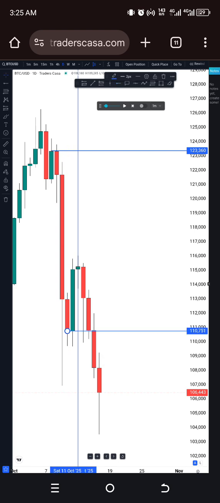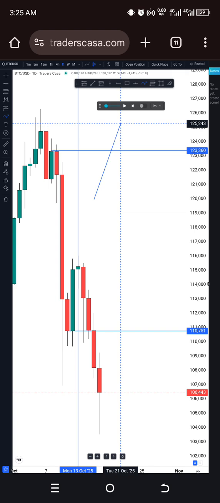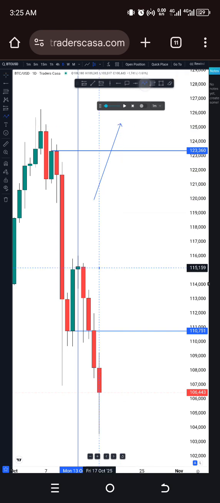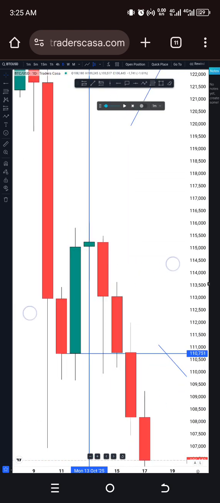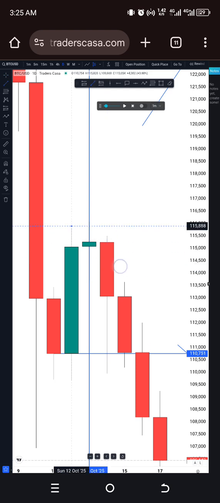Now, if price breaks the highs, it means it is bullish. If price breaks the lows, it means it is bearish. Now, another way of knowing a bearish scenario is if yesterday, the previous day,